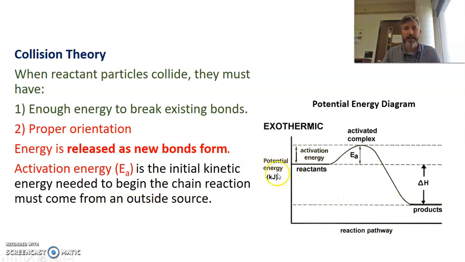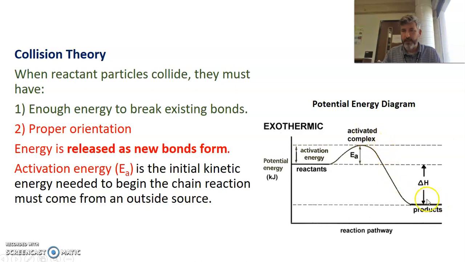And so what we're looking at on the y-axis is potential energy. On the x-axis is just reaction pathway, or you could say time, reaction progress. There's a couple different ways you could say it. But essentially, here I have my reactants. They, in this case, have relatively high energy, but it's like pushing a boulder over a hill. So overall, that boulder is going to end up down here lower than it started. So that's why we say this reaction is exothermic overall. But there is still this activation energy hill that we have to get that boulder over before it can then